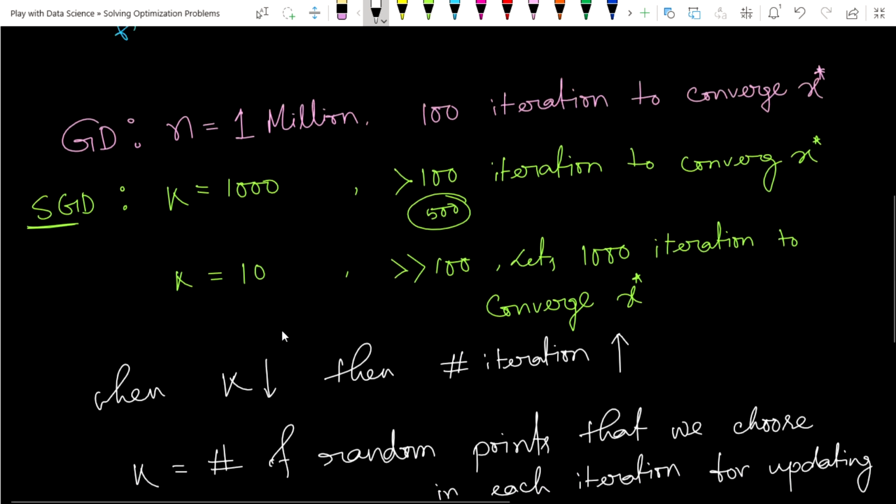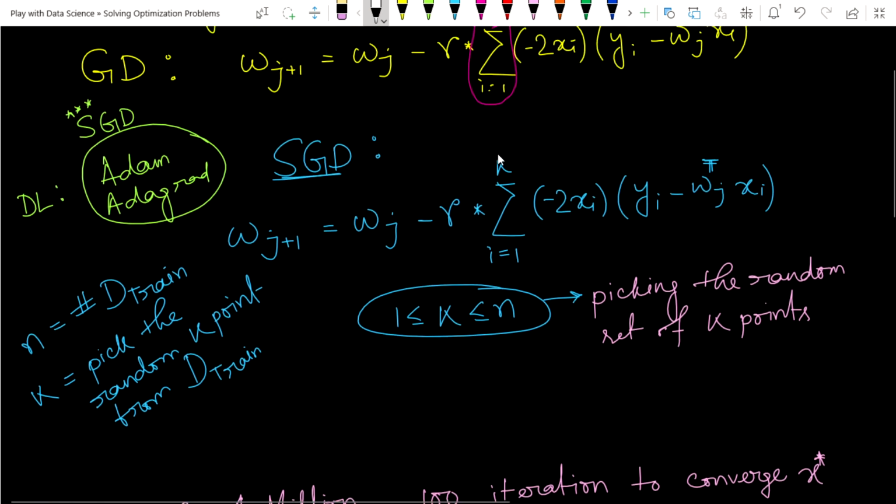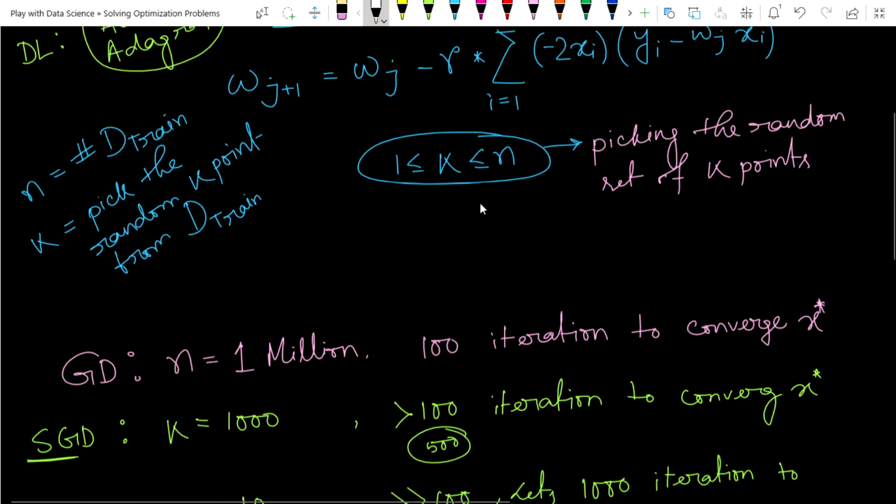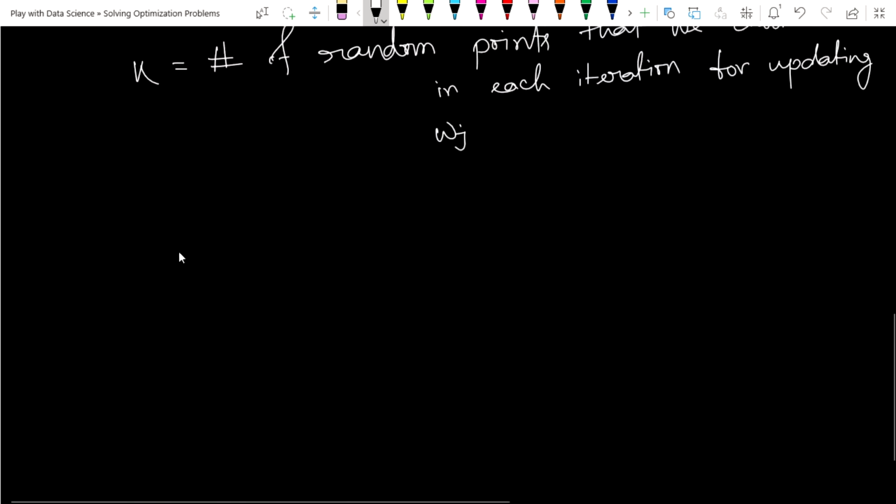Simple, it is nothing. In each iteration we are changing the value of k. You will also see, when we go to the learning rate lecture, that in each iteration we choose the learning rate in such a way that as iterations increase the learning rate decreases. Similarly, in iteration i we choose k randomly. Simple, k is also an instance of i.